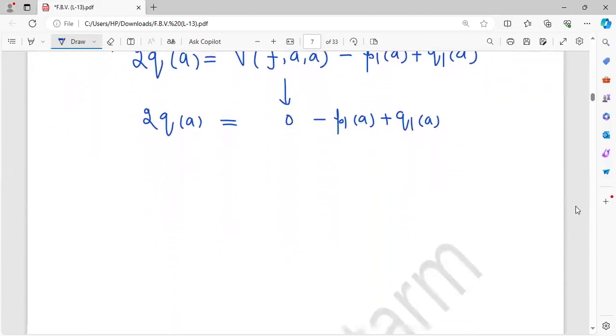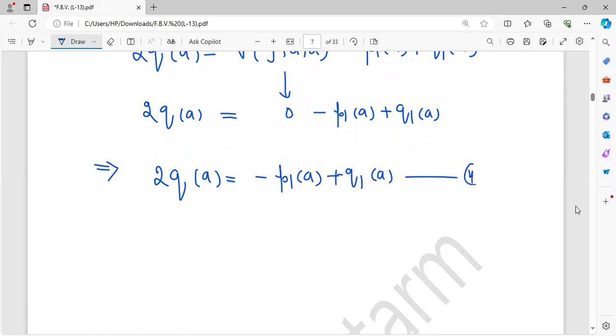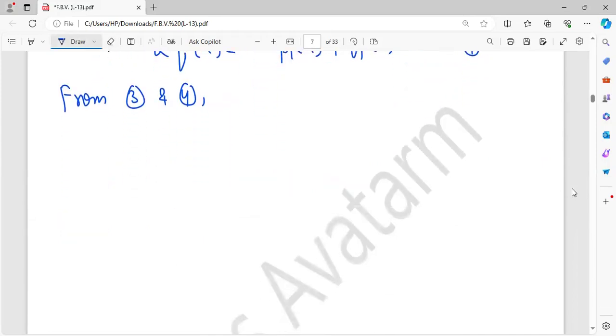Okay. p2a is equal to minus p1a plus q1a. From 3 and 4, we have